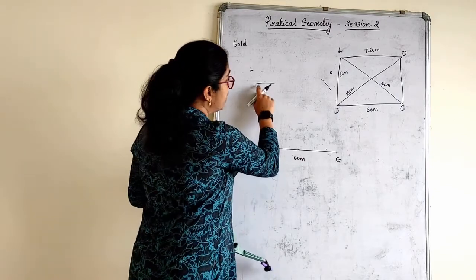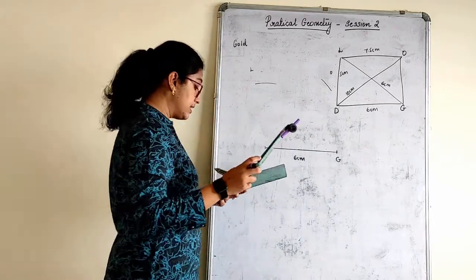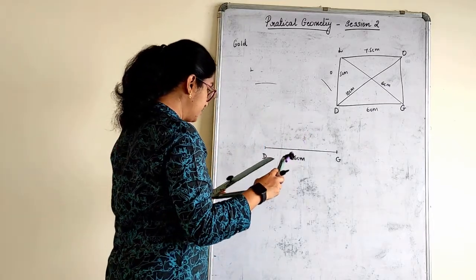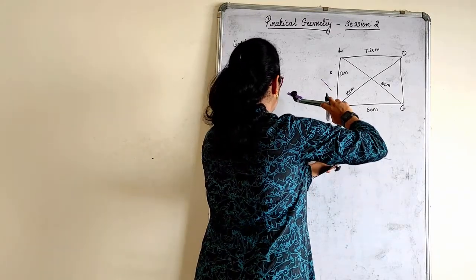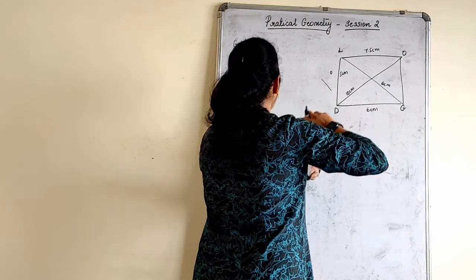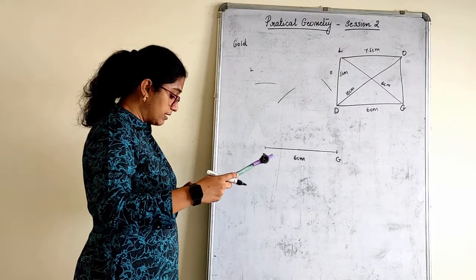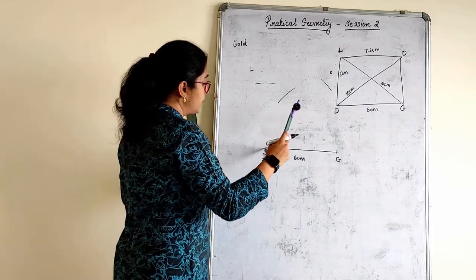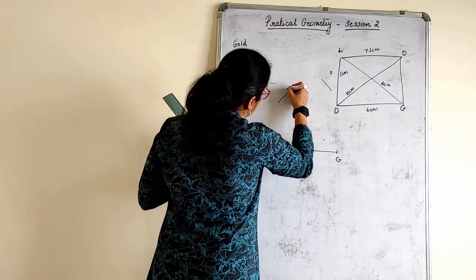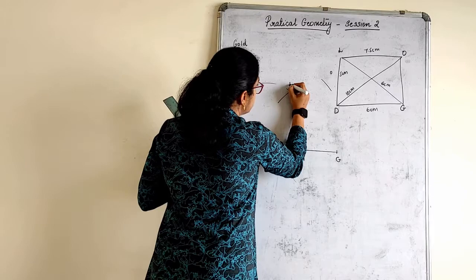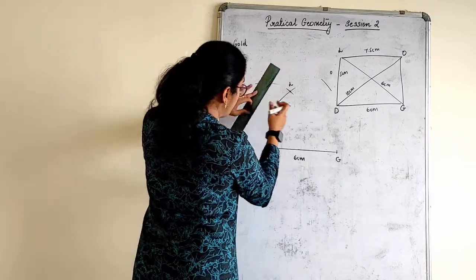Now what do I have to do? I know this point. That diagonal is given as 6 centimeter. Let me mark with that. So keep your compass here and cut it. So the line is here. This line I have to extend. Let me extend that line again. So I'll keep my compass, extend this line. If I bring it down, it will cut on this. That means this is my L. Got the L point? Okay.